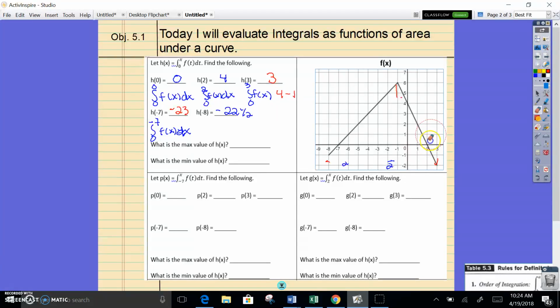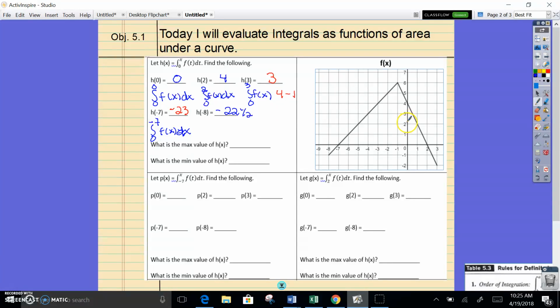The last 2 questions have to do with mins and maxes. And we're going to talk about this a little bit more when we do Fundamental Theorem of Calculus Part 1. But for now, we're just going to kind of think logically. If we're starting at 0,